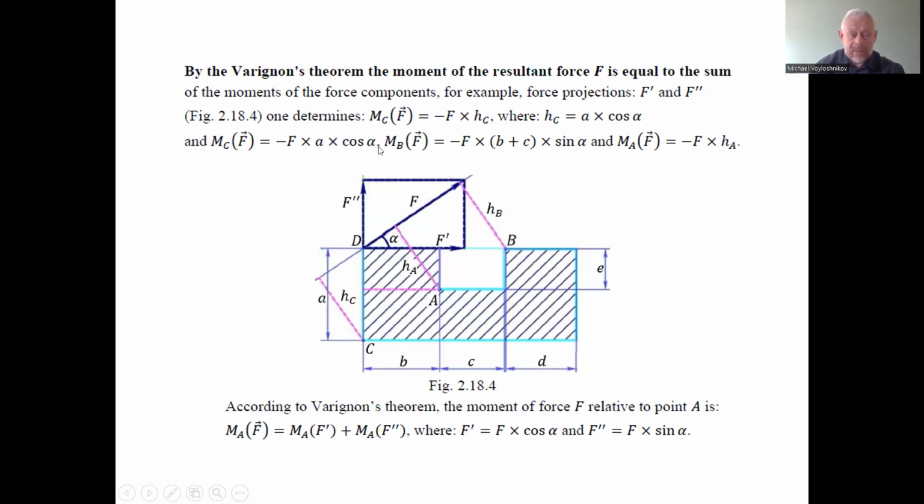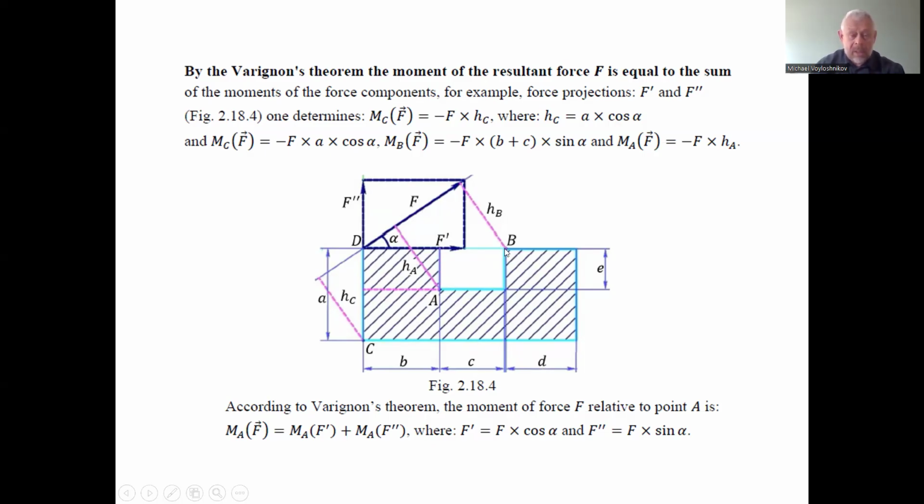So the rotation, we can decompose the resulting force F into two forces, F2 stroke and F1 stroke, and around the point B, the projection F stroke does not cause the rotation moment as the line of action of the component crosses the point B. So the arm between the point B and the line of action of force F stroke is equal to 0. So we have only the arm B plus C for the F2 stroke component of the force F for rotation